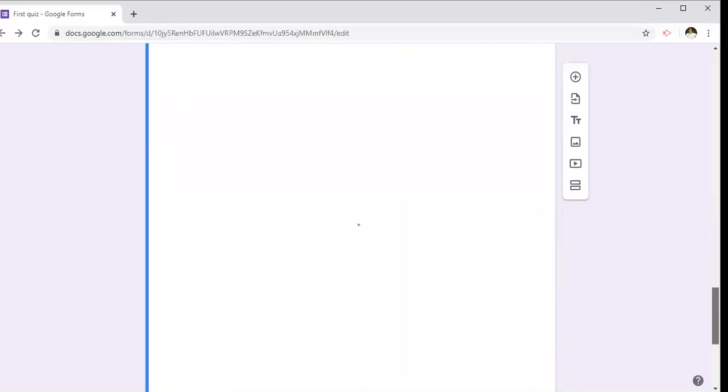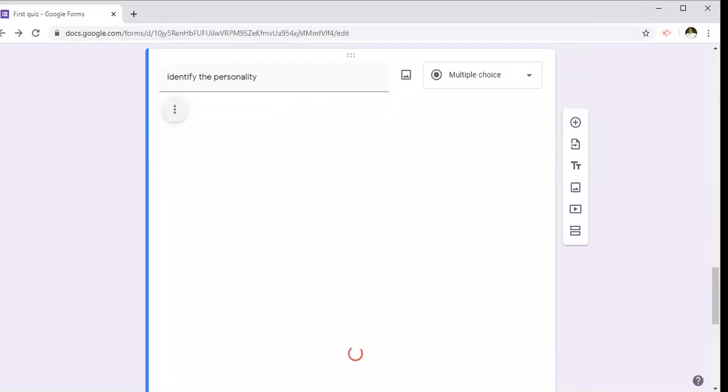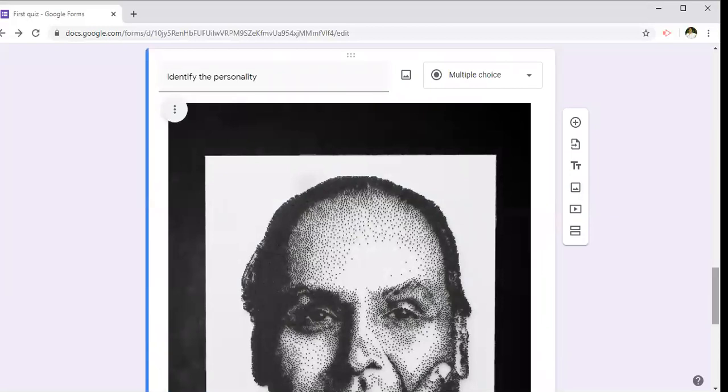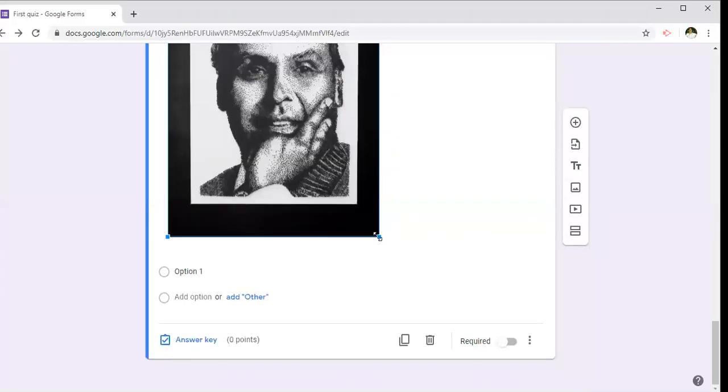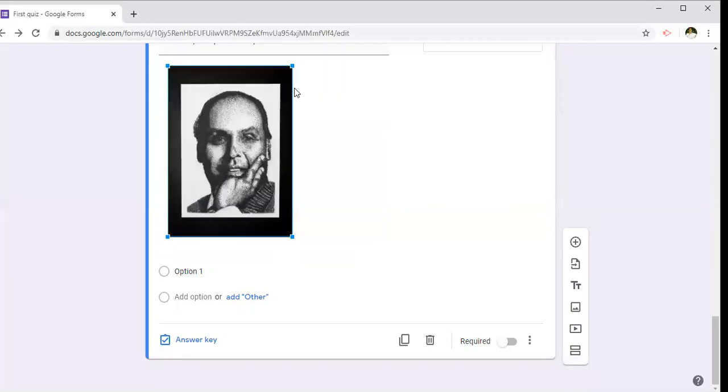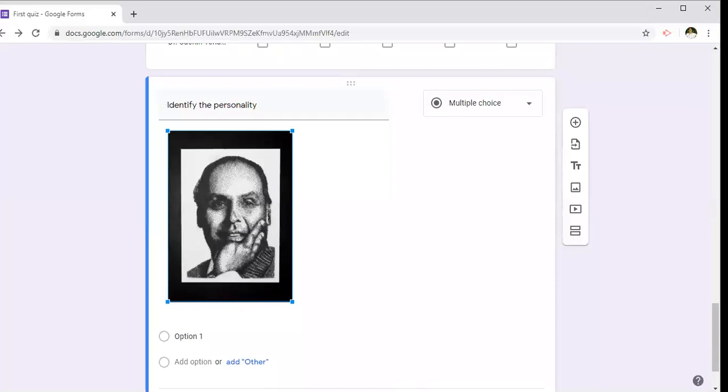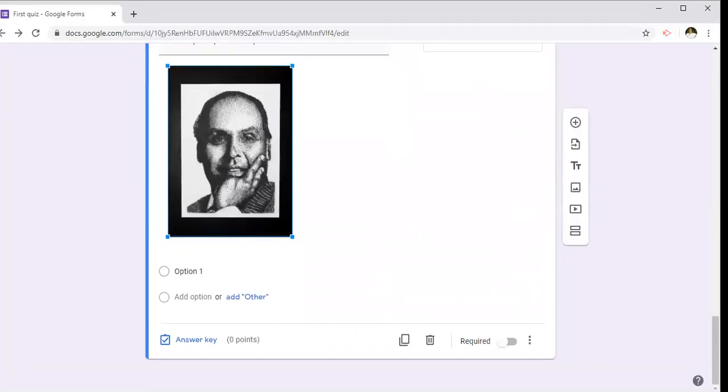Oh, this photo is very big. We have to minimize it. It's taking some time. Okay. So this is the photo of Dhirubhai Ambani. So we'll minimize it. So this is enough. So identify the personality. So students have to identify the personality.